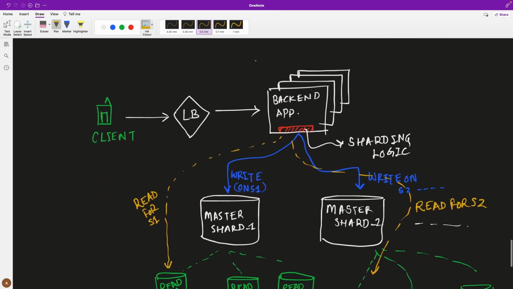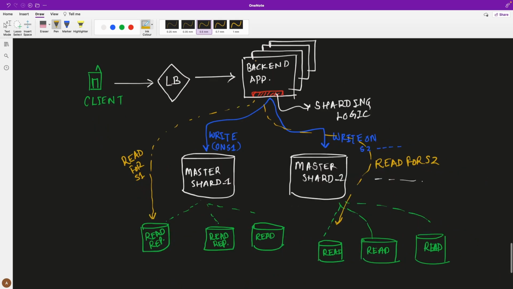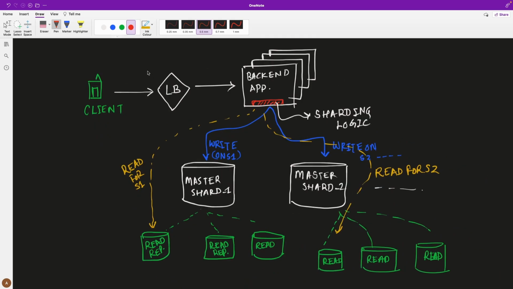So it would look something like this. So let's see the data flow in the system. When the clients make a request to fetch certain things, let's say it's a read request, right? So the client makes a request to the load balancer. The load balancer will pick one of the instances. Now this instance will have to fetch the data from somewhere, right? From the data source. Now first this piece of logic,